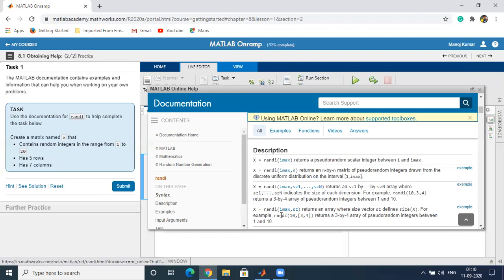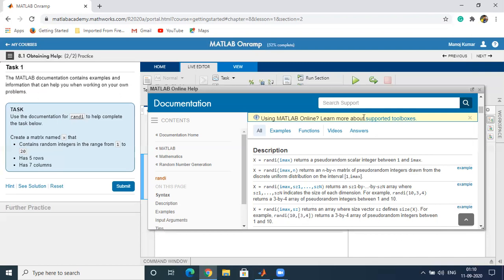For example, randi(10,[3 4]) returns a 3 by 4 array of pseudorandom integers between 1 and 10. So we can use this command randi, in the bracket we will take 20, and in the square bracket we will use 5 comma 7, that will be for the 5 rows and 7 columns.